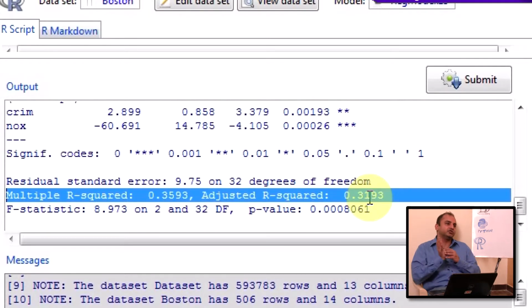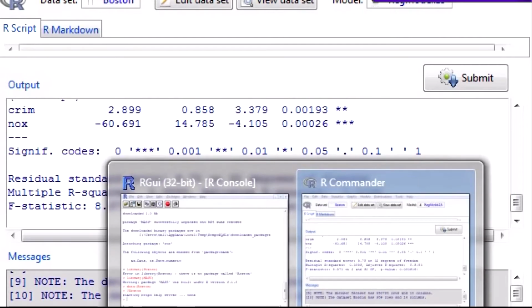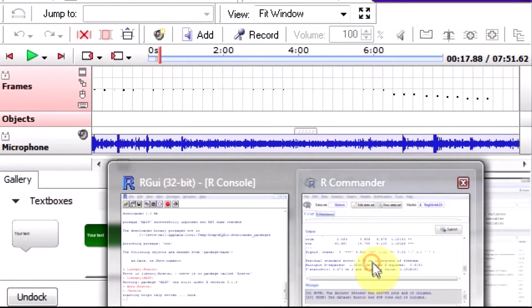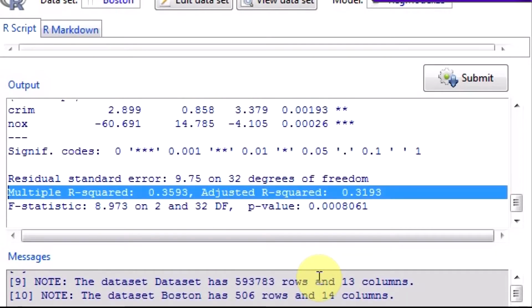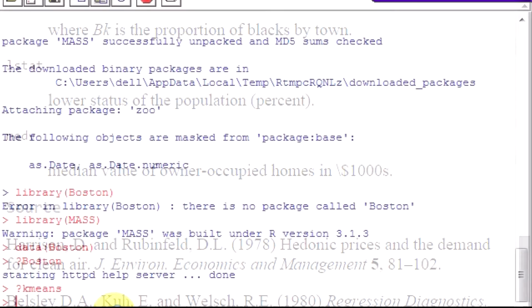Maybe river itself is not a good variable to segment on. You can segment on some other things, and we can come to that. One way of doing segmentation is clustering. How do I do clustering? I do it using the k-means option. Let me find out what k-means is. Single question mark, k-means.